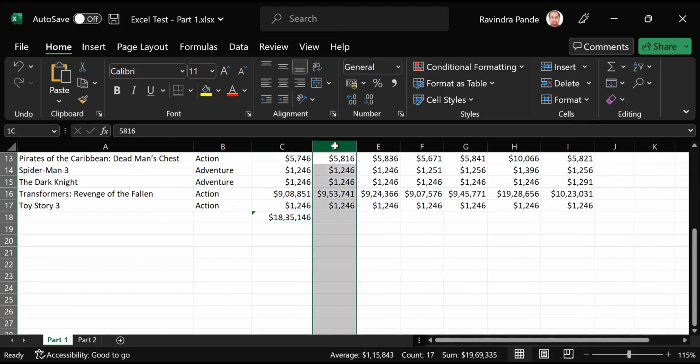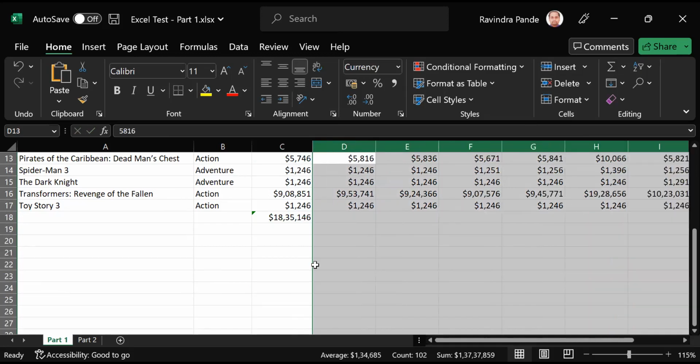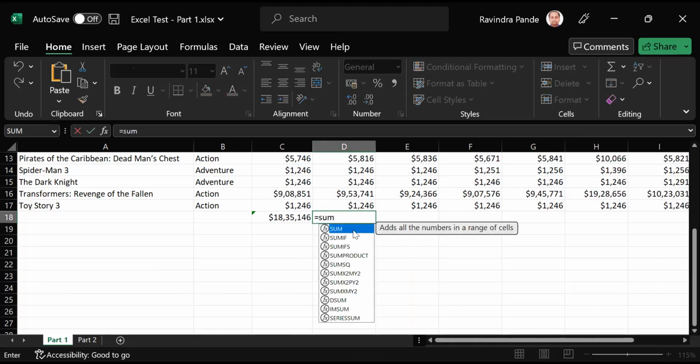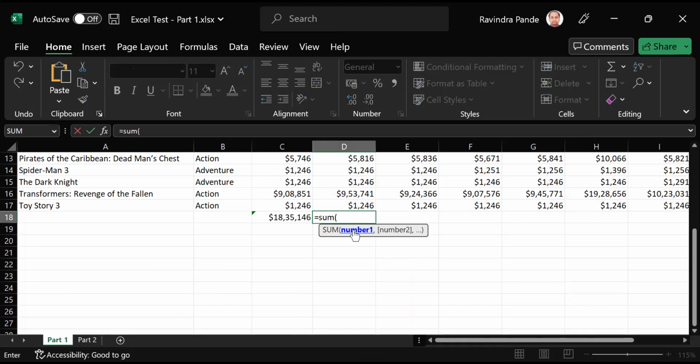And I'll just press enter, and as you can see, again I need to have some more column space, right? I can select multiple columns, and I can increase the space in proportion. Otherwise, I can use a function called sum, and then I need to give the first cell value till the second cell value. The last cell value is